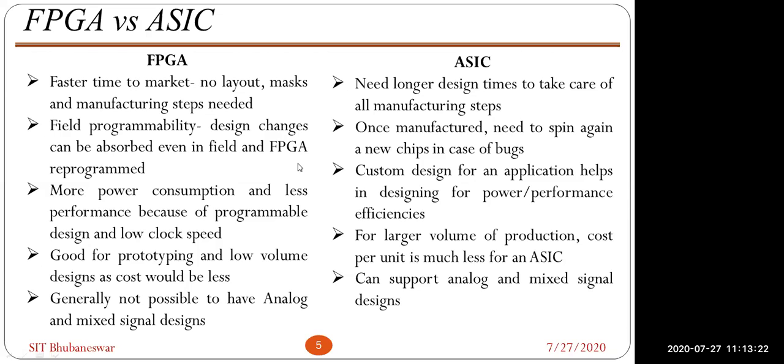So that clock speed is less in FPGA, because it's generic. A lot of interconnects are there, so a lot of delays are there, parasitics are there. So definitely the clock speed will be decreased. But in the ASIC case, as many components as required, we will put. So that's why everything is optimized. That's why the speed is more, size is less, power consumption is less. So every good thing you get in ASIC.